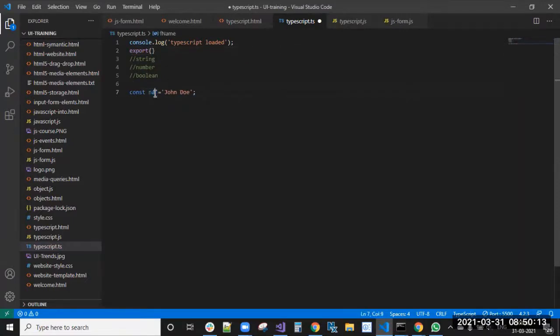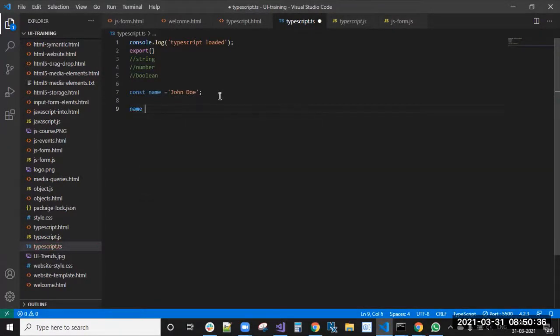So in future also you will not get the error. What does export mean? It will make this a module. We will discuss modules later. For now, if you are getting that error, you can use this. const name, John Doe.